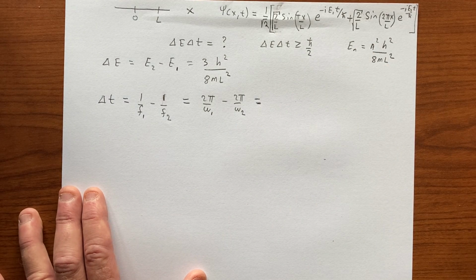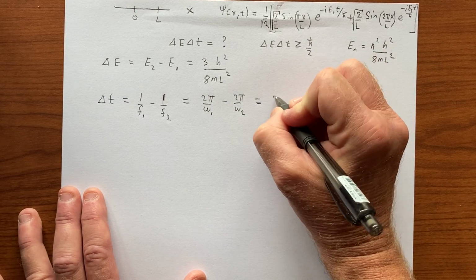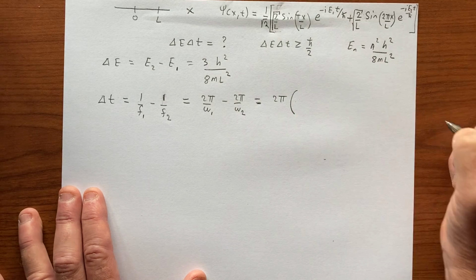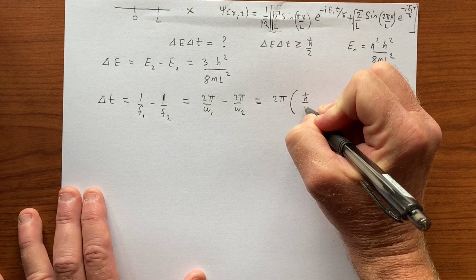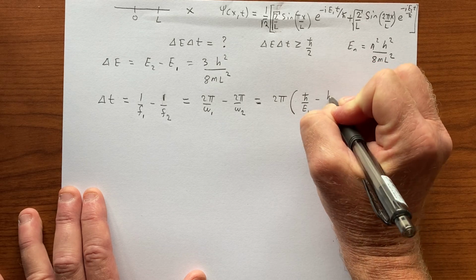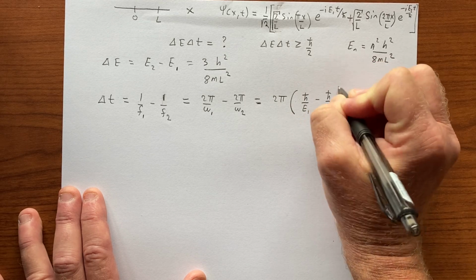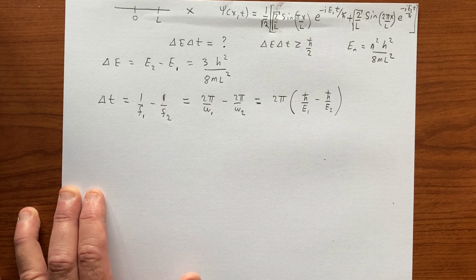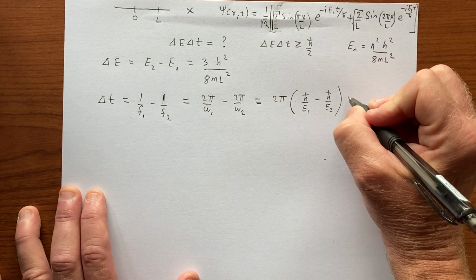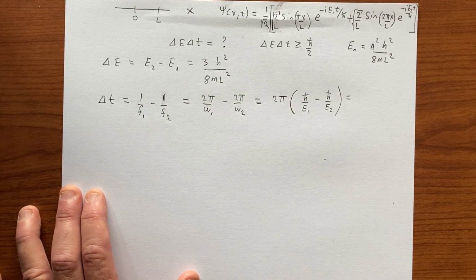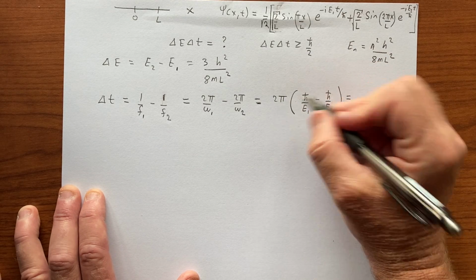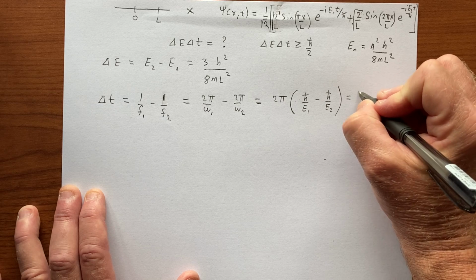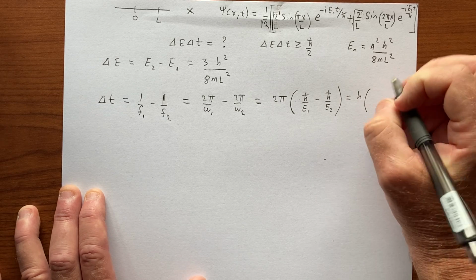It reduces to 2 pi times h bar over E1 minus h bar over E2, which looks like h bar is h over 2 pi, so we have an overall h out here. Here we have